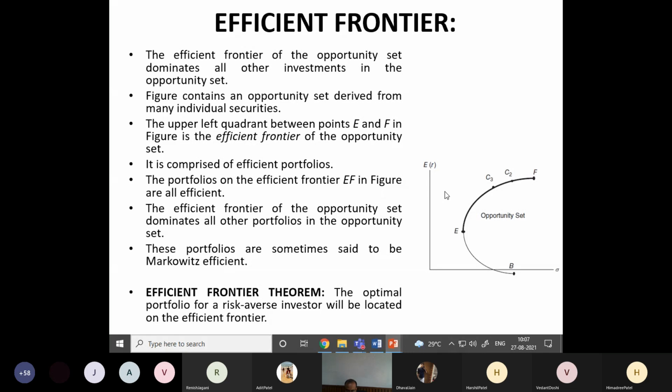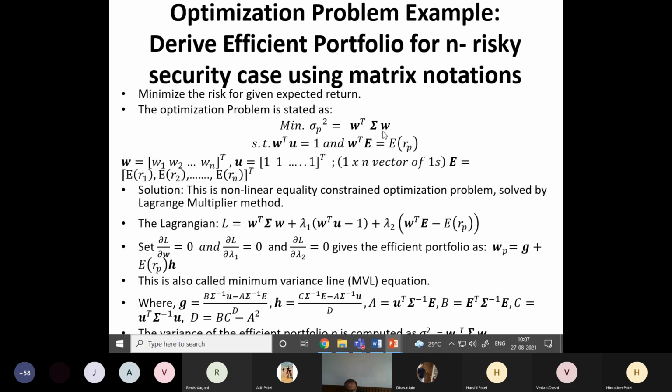When I construct a portfolio, there is an aim. I want a 10%, 12%, 13% or 15% expected return, and based on that I can take a risk. Obviously the rule is high risk, high return, but what its value should be has to be optimized. So I have to specify this ERP, which is a constant value. So W transpose E is equal to ERP. Again, E is the vector of expected returns of the individual securities.